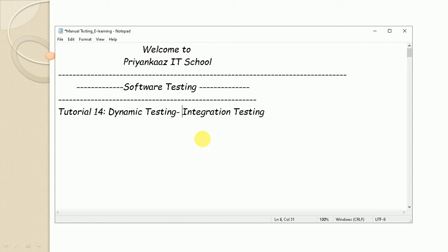In the last tutorial I discussed unit testing. What is unit testing? This is a process where we focus on the smallest part of an application in isolation, and that process is referred to as unit testing. So for every software application, whenever we test an individual module of that application separately or independently, that process is referred to as unit testing. We have already discussed the details about unit testing.